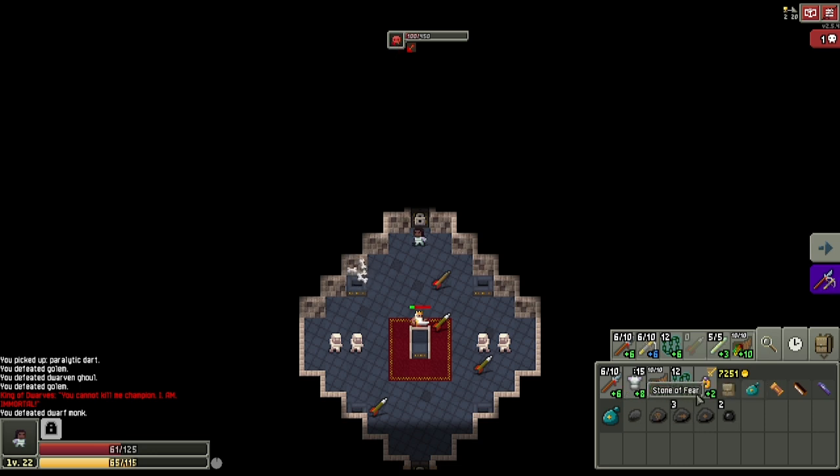Unfortunately, I don't have any aggression stones. This is normally where you would just want to aggression stone him and kill everything, but we don't have access to that. So I think what we're going to do here is we're going to just throw... Are we going to throw some...